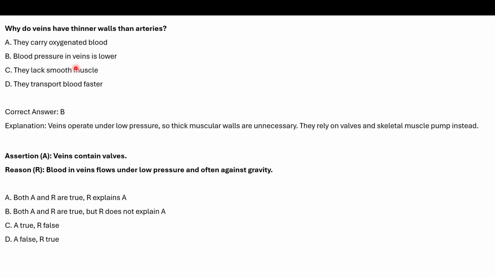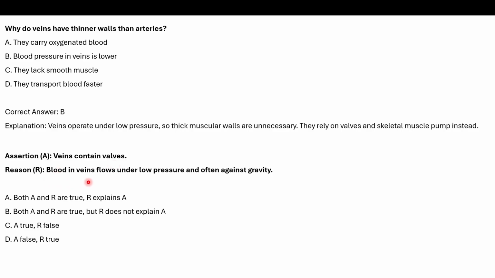And eventually the blood pressure in the veins is lower. Okay, so veins operate under low pressure and thick muscular walls are really unnecessary. However, for arteries, the walls are really thick and the blood flow in veins mostly relies on valves and the skeletal muscle pump instead. Next, again, we have an assertion reasoning type of question where the first statement is veins contain valves,